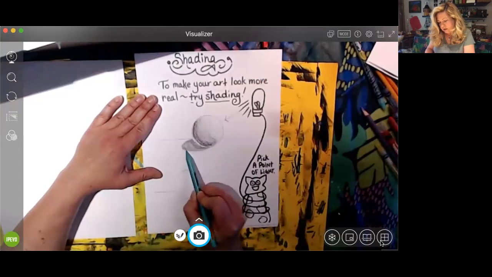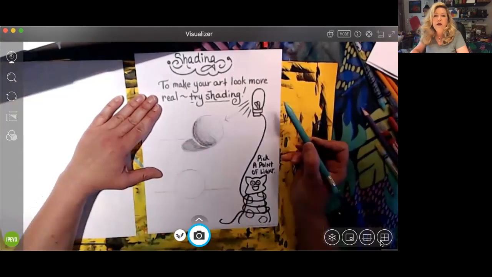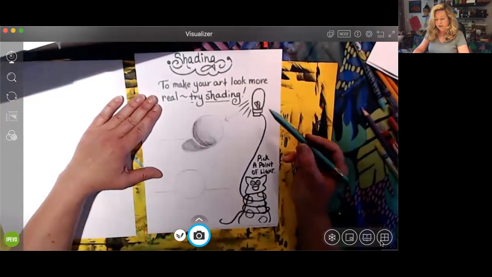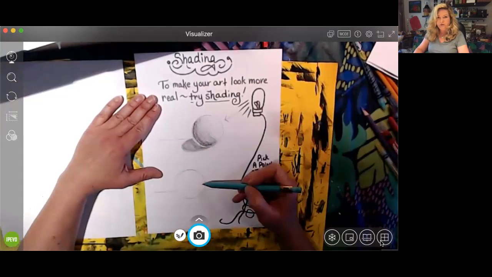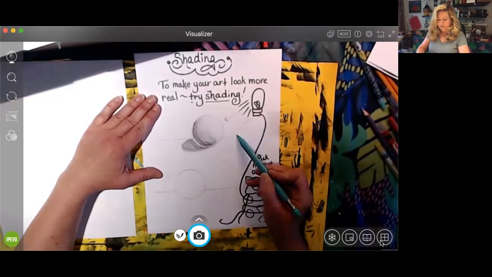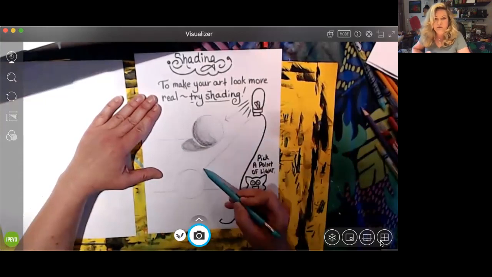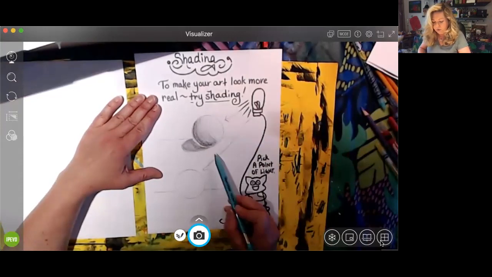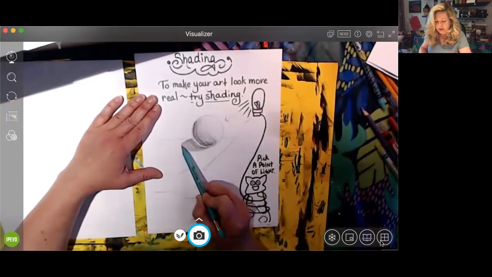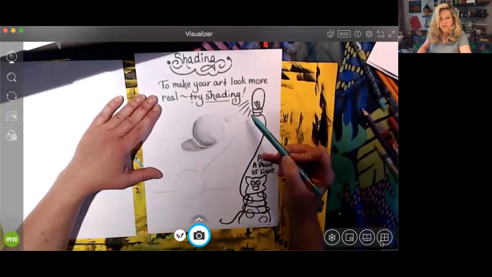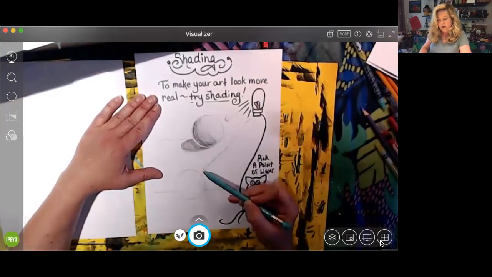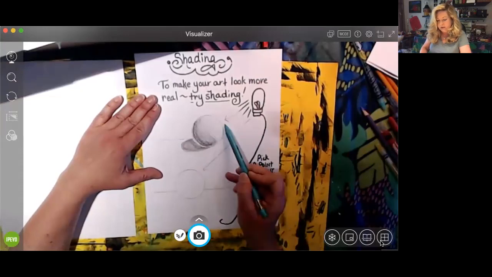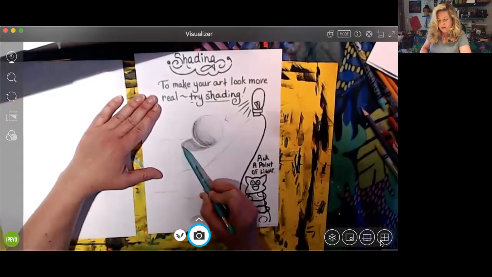There is this one. Okay, so what I'd like you to do is also do this sphere and pretend the light is coming down from that angle. Okay, what will happen is your shadow will be smaller because the angle is more on top of the ball, okay? Not as much to the side. So work on that, and I'm going to lengthen this shadow just a little once I see what I'm up